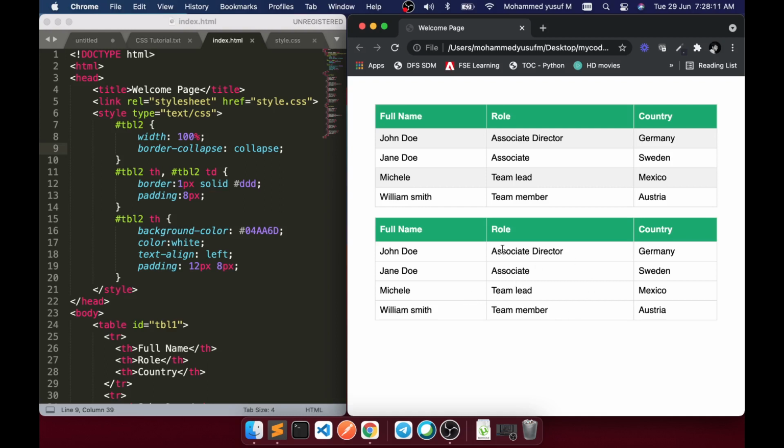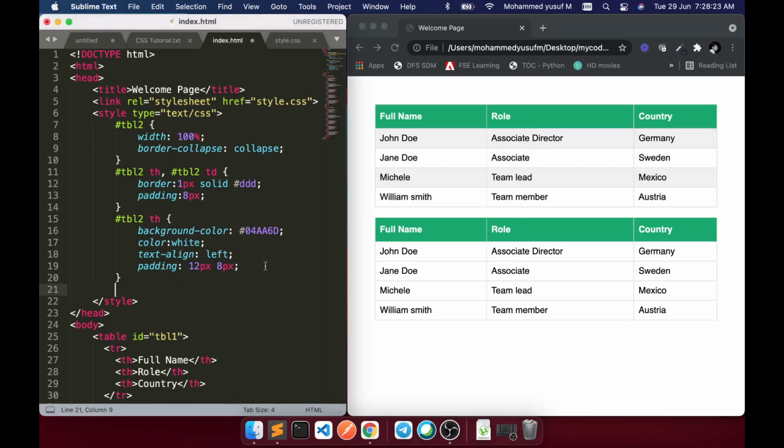Fine. Now let's take care of the background color, which changes alternately. As you can see, this is different, this is different, this is different. How do we do that? For that we take the tbl2, and I will target the tr tag and a colon. We are going to use one pseudo class called nth-child, and it takes a parameter, whether it's odd or even.